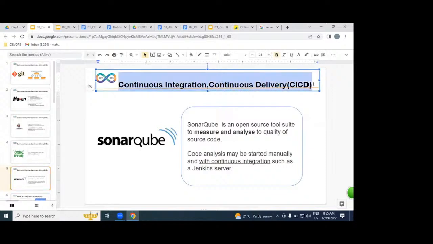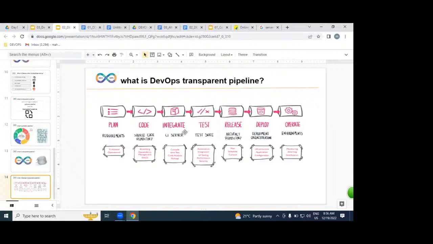Continuous integration, continuous delivery, is one module. These tools together are one module. It will take 3 weeks, or sometimes 4 weeks. All of you understood very clearly? So what exactly is CI/CD? Continuous integration, continuous delivery. Continuous integration means making working software, and we are going to continuously deliver it.